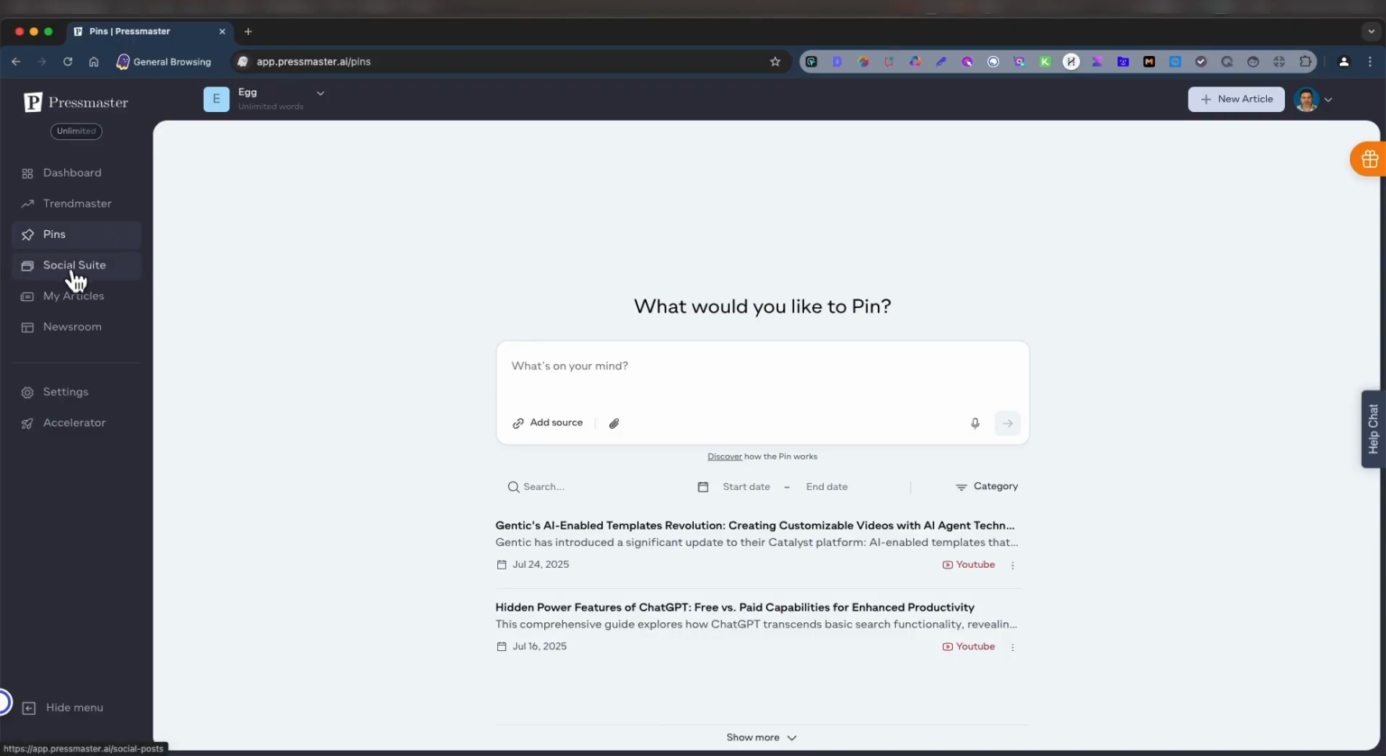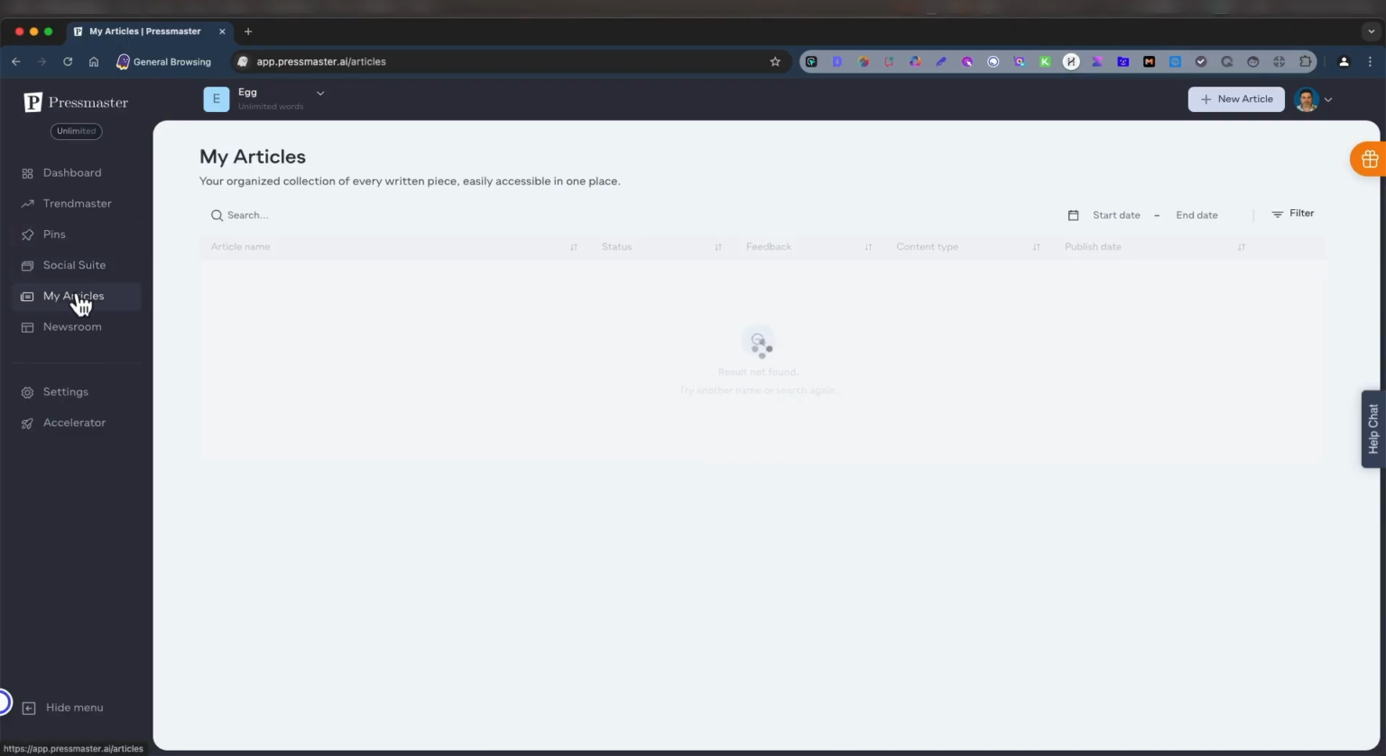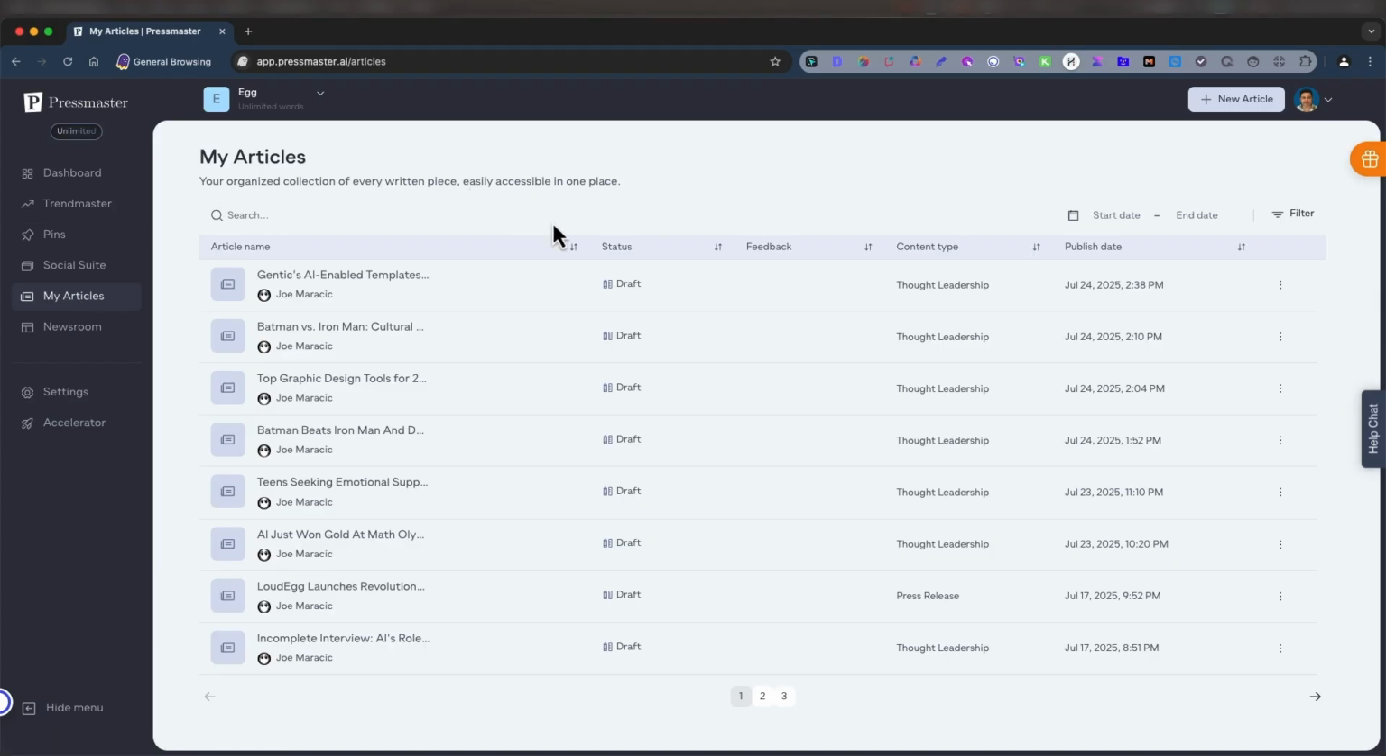Then you've got your social suite. We went over your article section, the 3 ways: the quick, the adaptive, and the conversational. I think more and more people will be using the conversational. The newsroom,